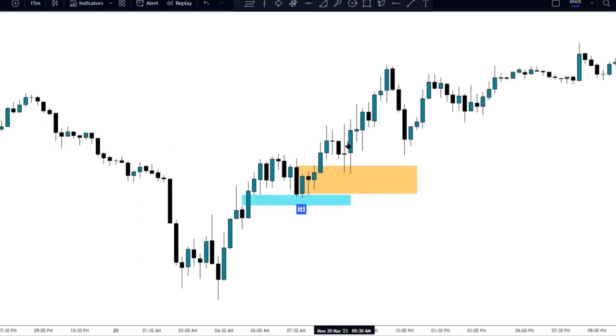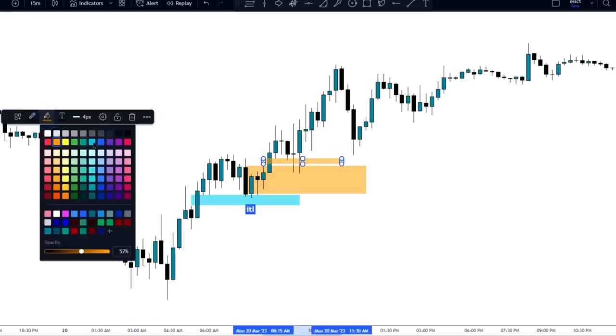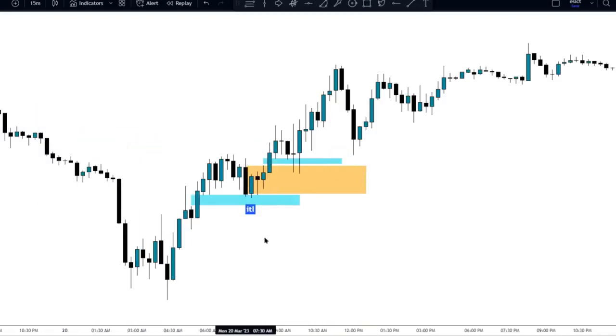Voila. So there you have it. Goes into there, hits the ITOB perfectly. And then you can even go, let's use this as another example here. So here we have a fair value gap. Where is the last down close candle in here? It's right here. So go ahead and mark that off